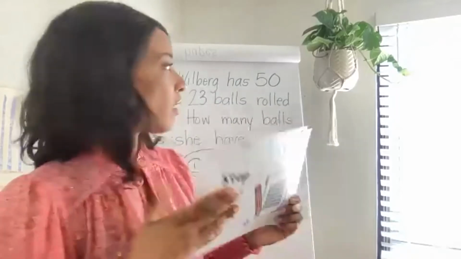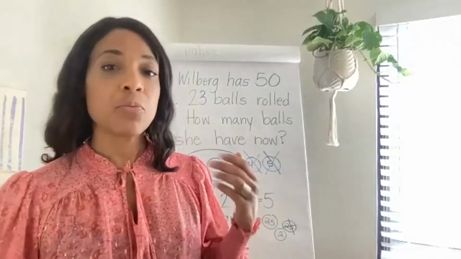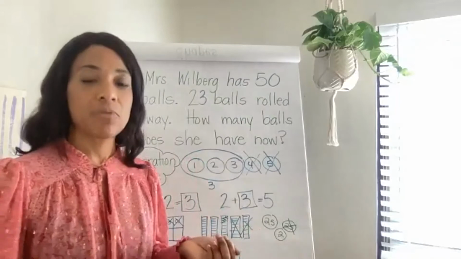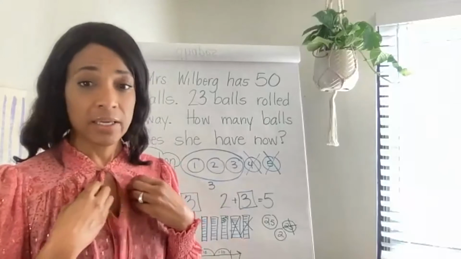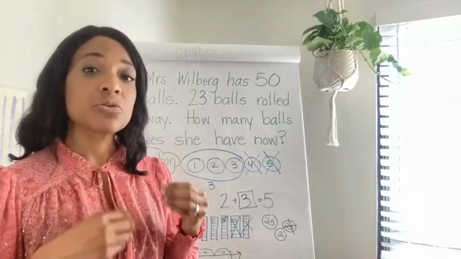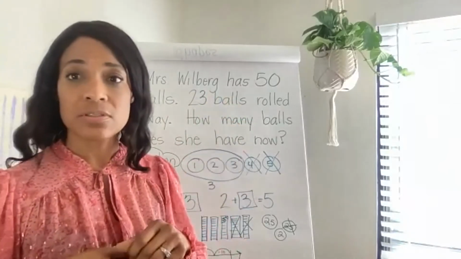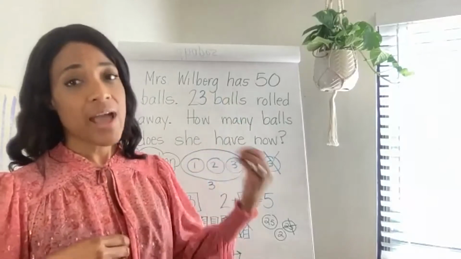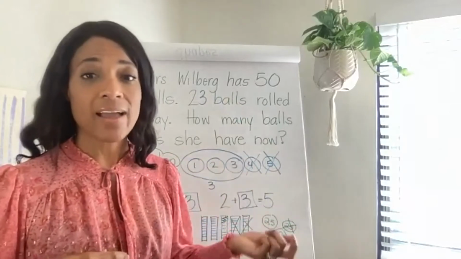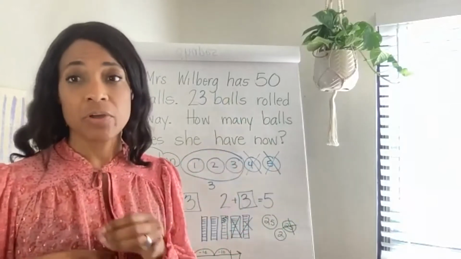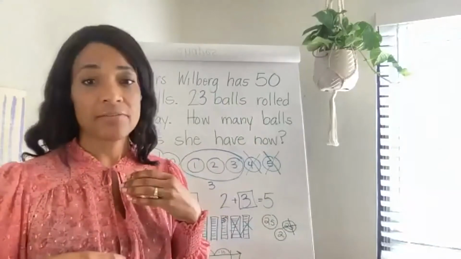And I said, "Well, Mrs. Wilberg had 50 balls, but you're not helping me." So she wanted me to tell her exactly what to write, how to write it, and how to do it. And I'm not going to do that because that's getting her to be dependent upon me, who cannot always be there. So what I do want her to depend on is her ability to listen and stop and jot or build with tools. So a lot of times when your kids are asking for that help, the best way to help them is to get them to repeat the story back and draw a model or build it with tools. That is a strategy that will last for the rest of their lives.